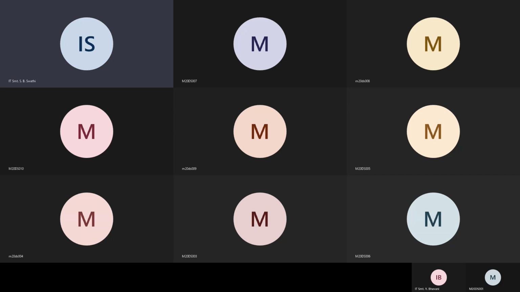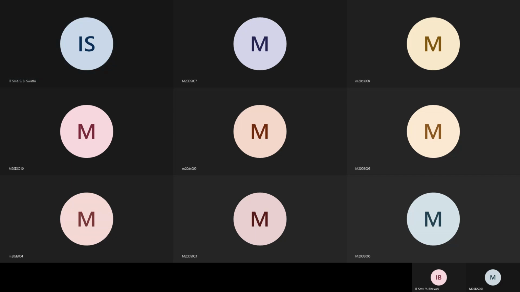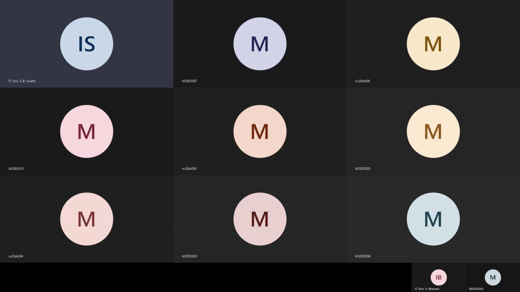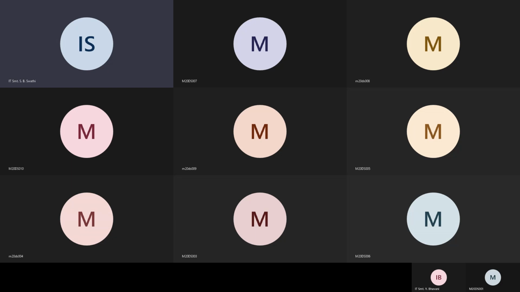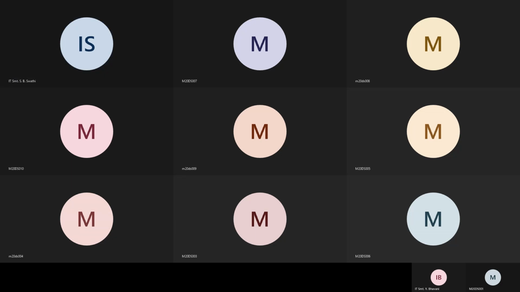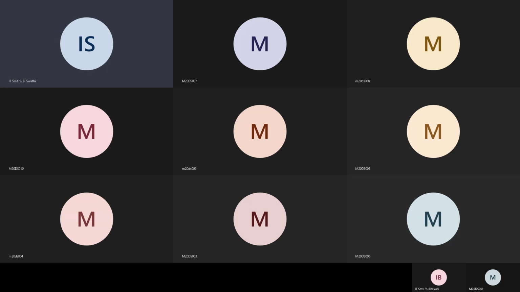So let us assume this one, 3 true and 2 false. If I want to calculate the entropy of this node, there are 3 true and 2 false.